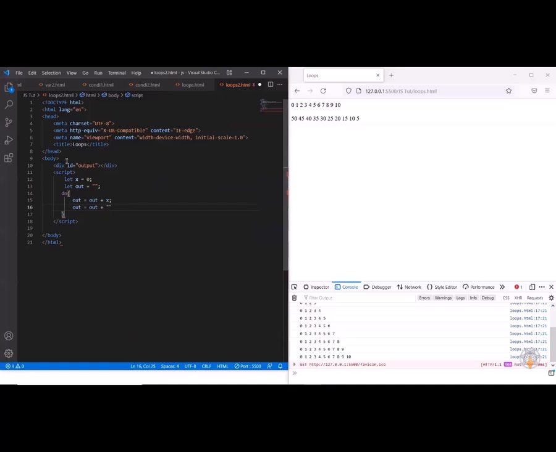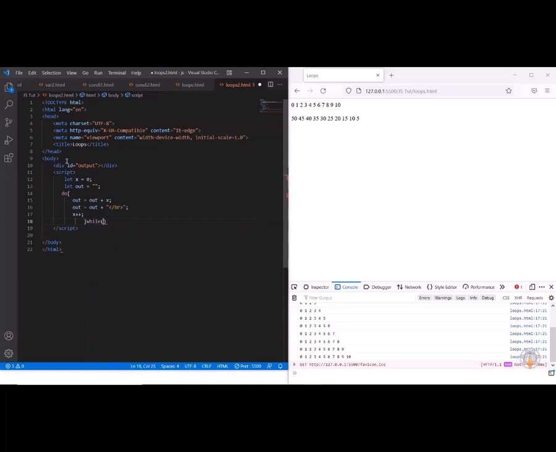Let's add a br tag, /br. It will give you numbers in a different format, and then the value of x will get incremented, and then